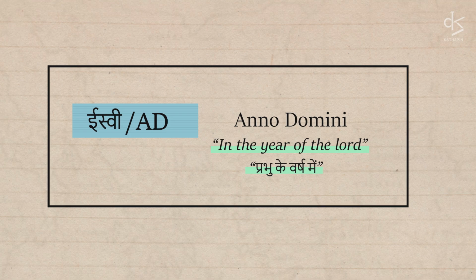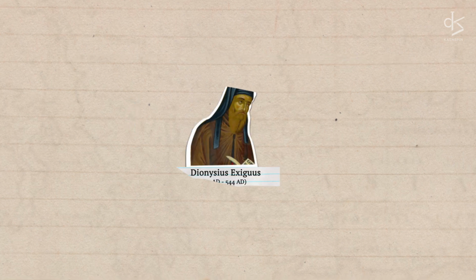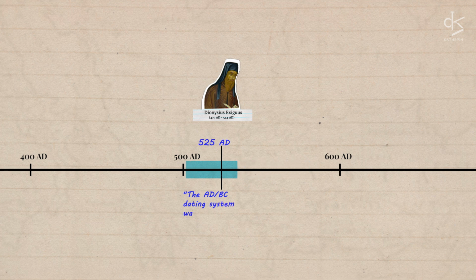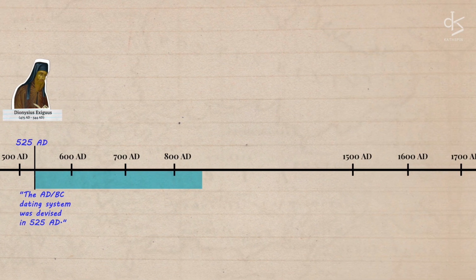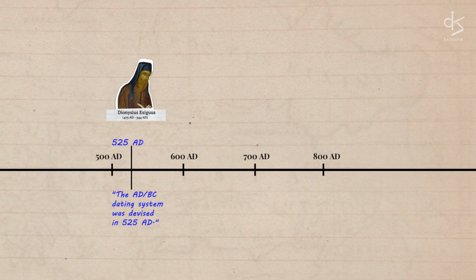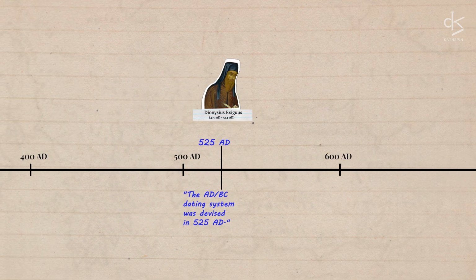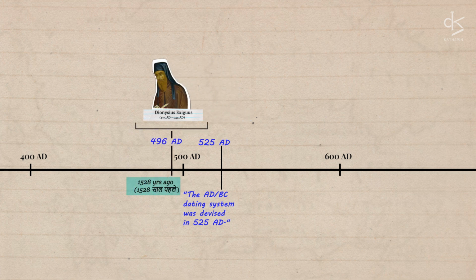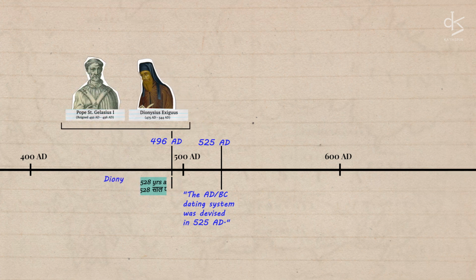The AD BC dating system was first introduced by a Christian monk named Dionysius Exiguus in the 6th century, around 525 AD, which is 1499 years from the present year 2024. Yeah, we'll get into these calculations and terms soon, but first we have to understand the history of the dating system. Dionysius came to Rome around 496 AD, which is 1528 years from today, summoned by Pope Saint Gelasius to